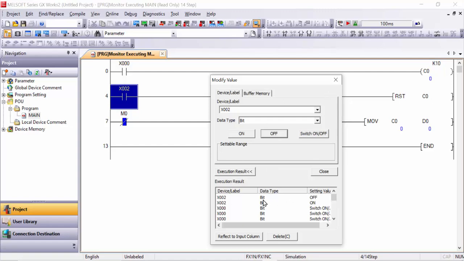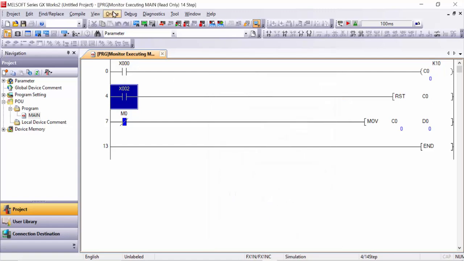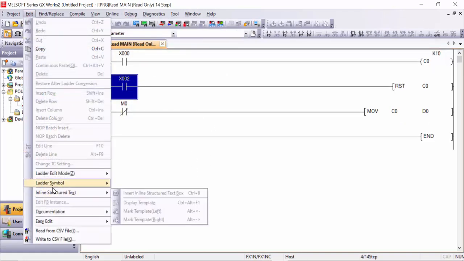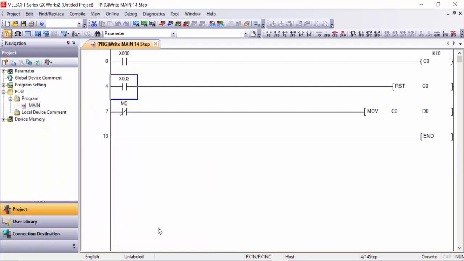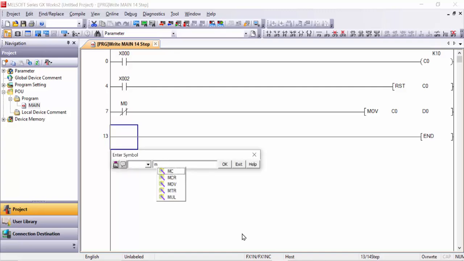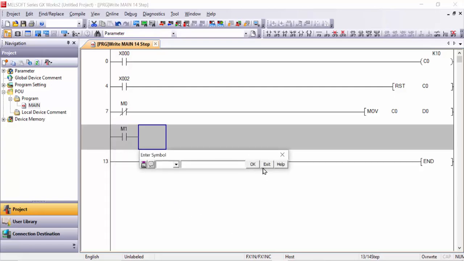This also I will make as a small program for you. Go to debug and start stop simulation, and in edit mode you can go to ladder write mode, and here you can make, for example, M0 or M1. For example, click this one, sorry, again I will click, and this close contact we will use. And here we can use this D0. Sorry, first you have to write also